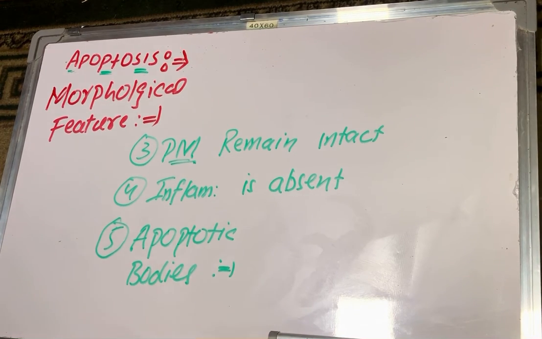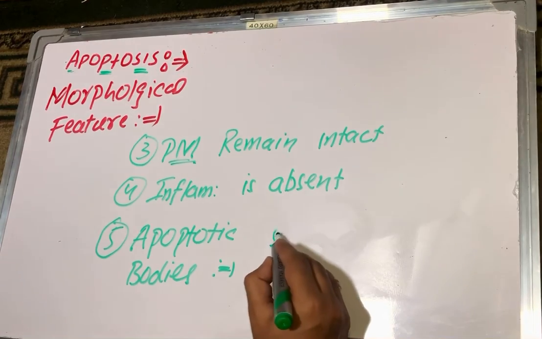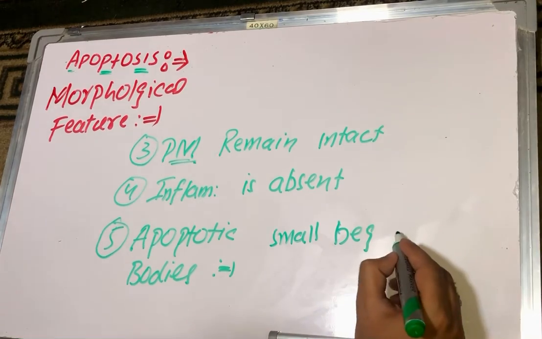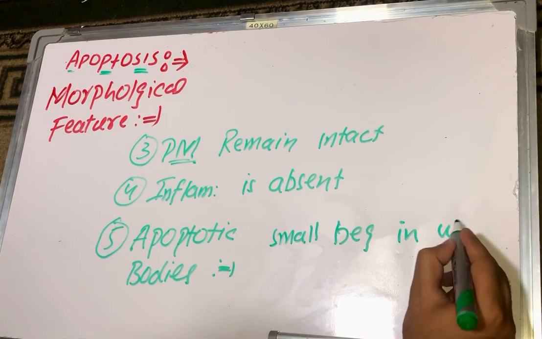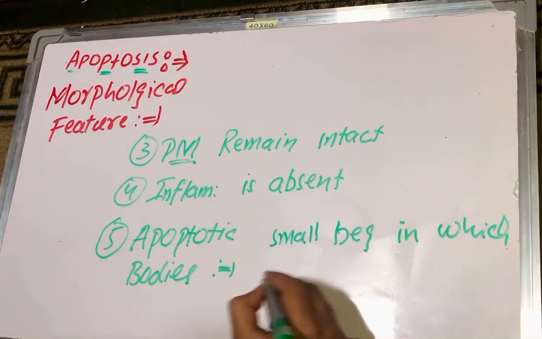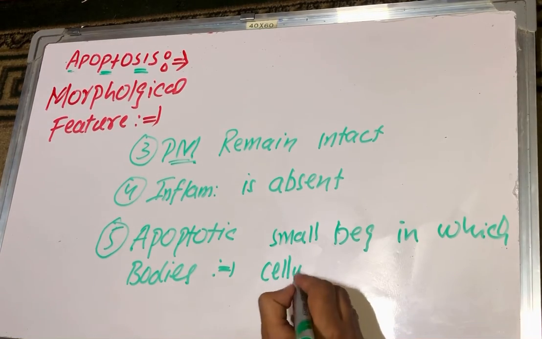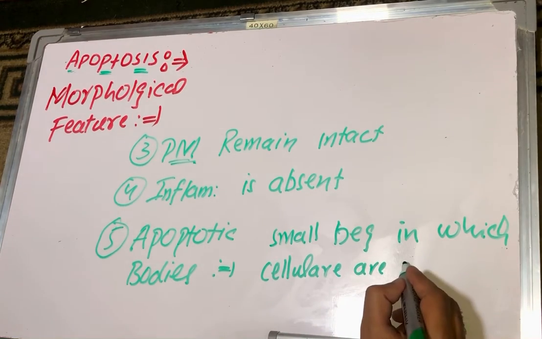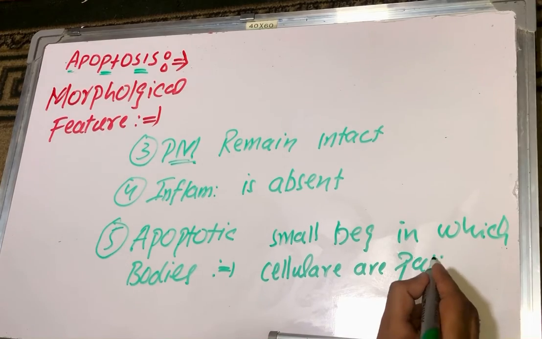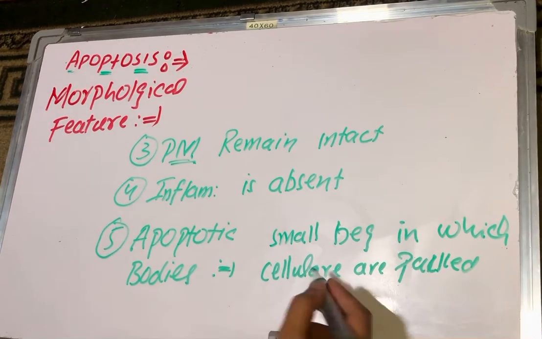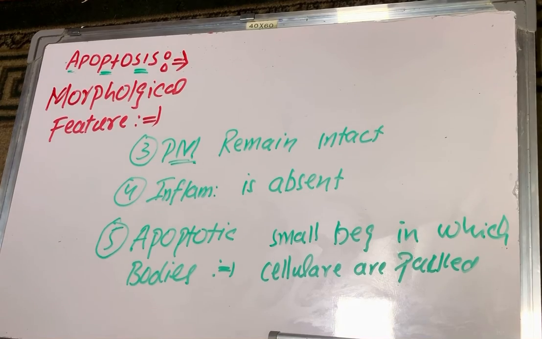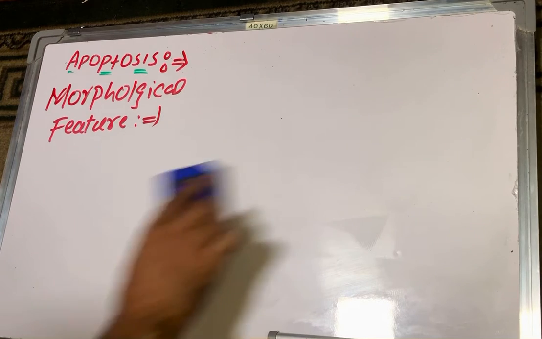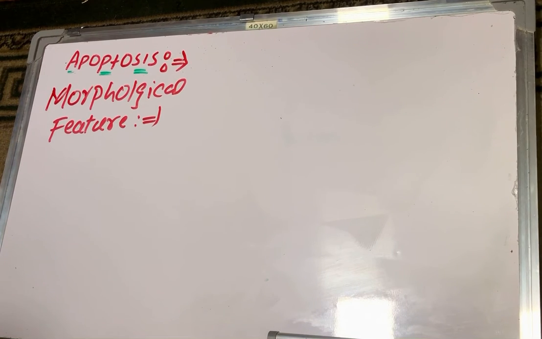What are apoptotic bodies? These are small bags in which cellular material is packed. The apoptotic bodies are removed by the macrophages. So,